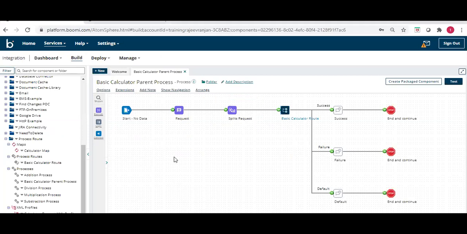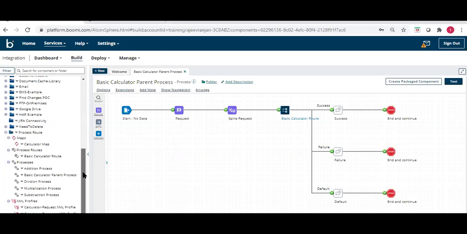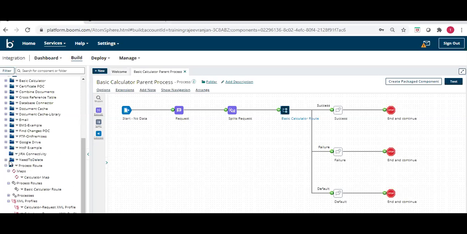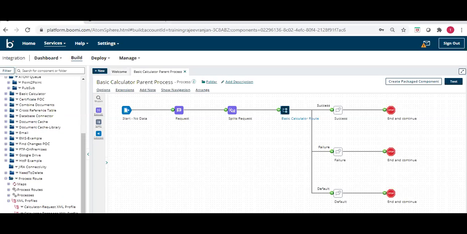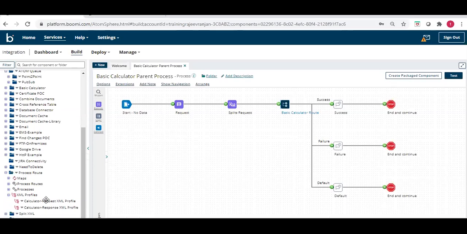So this is the process we have developed. Let me tell you what we have done. We have taken two XML profiles, one XML profile for our request and another for our response.